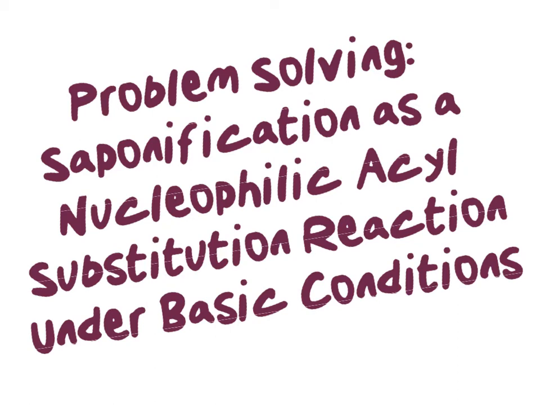In the last video, we looked at the general mechanism for a nucleophilic acyl substitution reaction when we are working with a basic or anionic nucleophile. In this video, we continue from that by going through an example problem of attacking a specific situation where we have a nucleophilic acyl substitution reaction under basic or anionic conditions. So we're going to go through how do we recognize that reaction and how do we apply that general mechanism